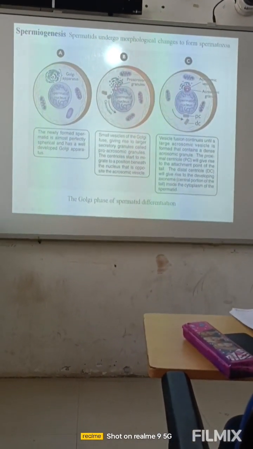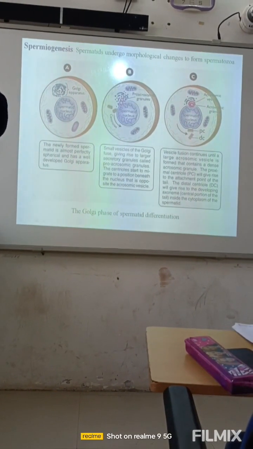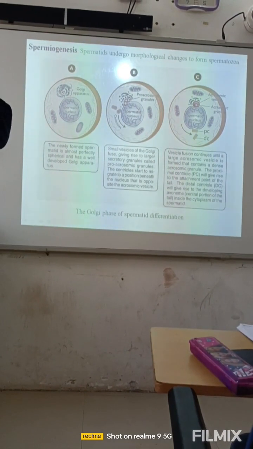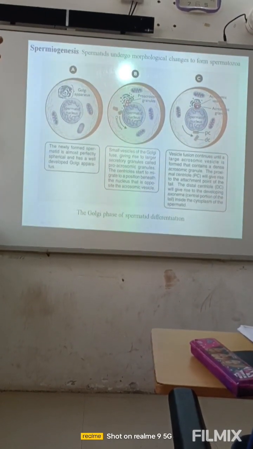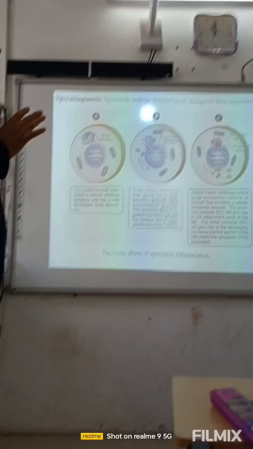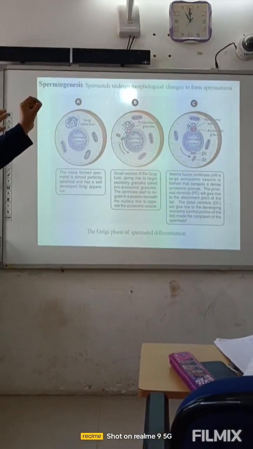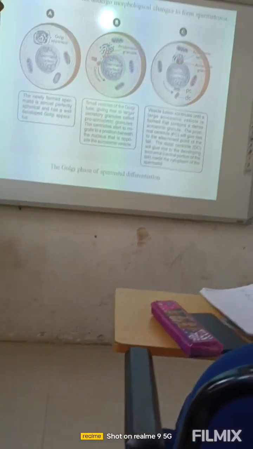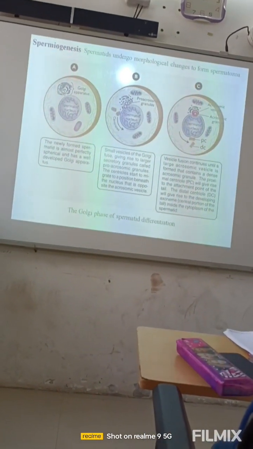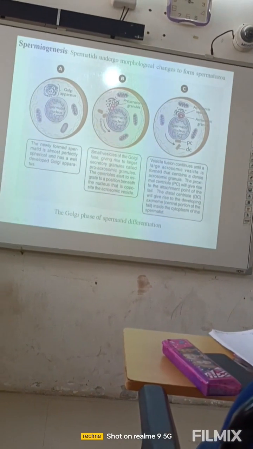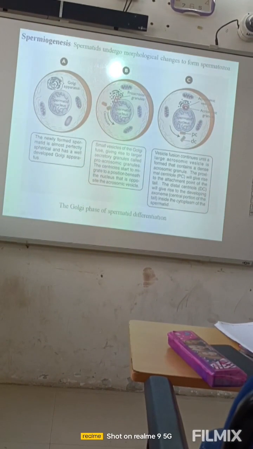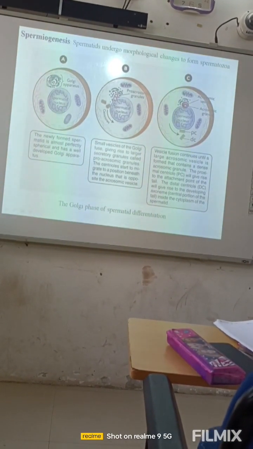See, from spermatids to spermatozoa, this is not an easy process. I already explained that. What is happening in all those steps is for the motility of a sperm, right? The newly formed spermatid is almost perfectly spherical and has a well-developed Golgi apparatus. Then a small vesicle of the Golgi fluid gives rise to larger secretory granules called